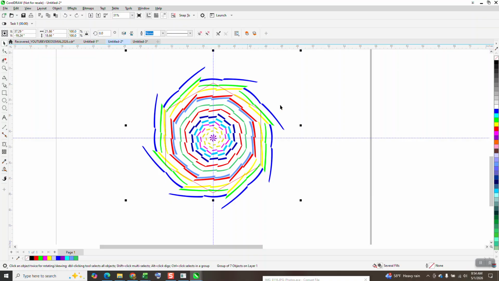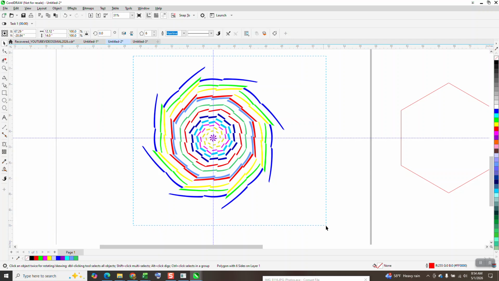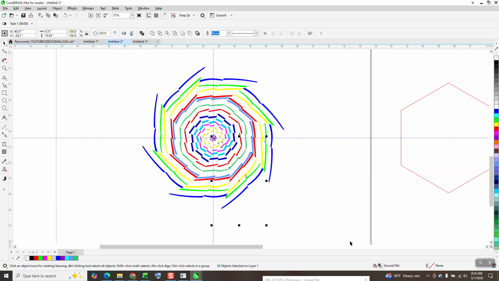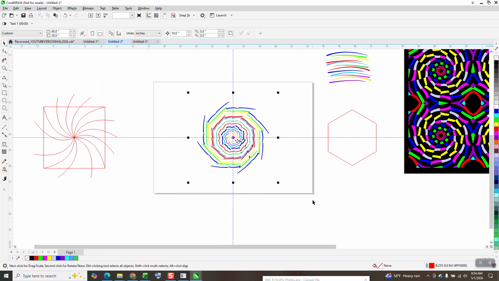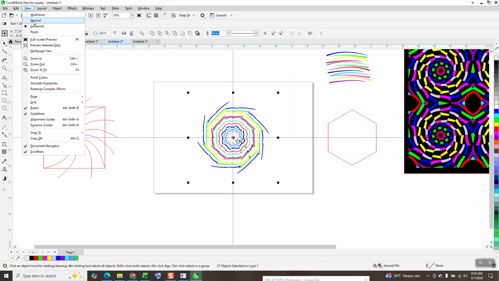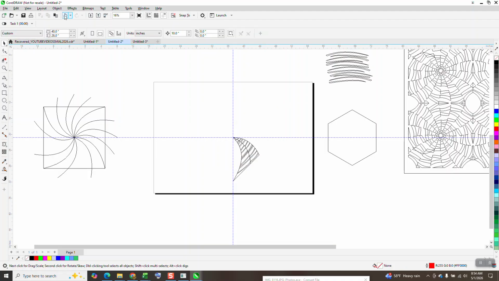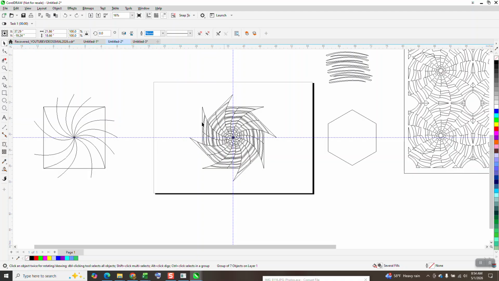So let's take our polygon and nudge it out of the way, and let's regroup these. Well, you know what? Let's select it all and ungroup, and then select them all again. I've got something going on. There we go. See, I've got some, let's look at under wireframe. See, that's we deleted those lines, but they're not really gone. And it really isn't going to matter, but let's go ahead and ungroup them all